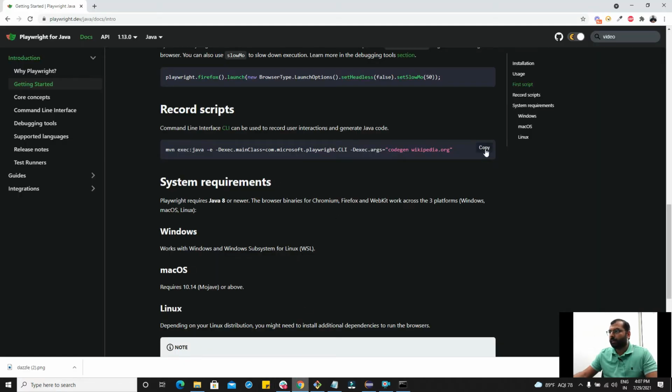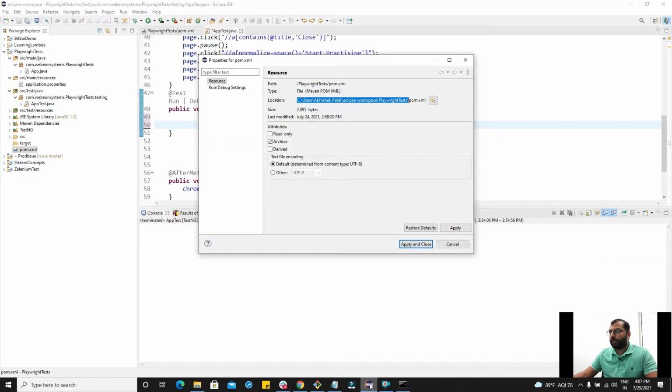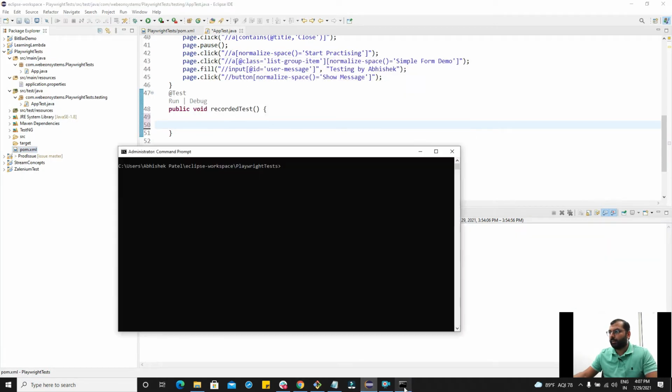I have to use this command, so I'm going to copy it, the record script command. Okay, and open my CMD again here, and this is a command which is going to start the recorder, and here is the URL that we are providing and telling Playwright to record the user action against, right?